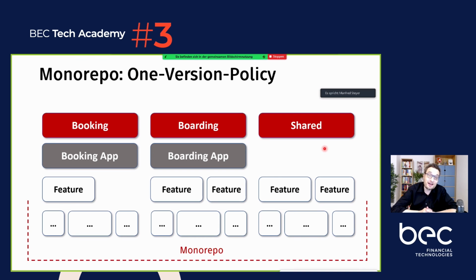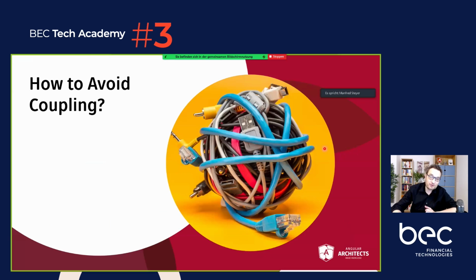However, now we don't have any strict borders anymore. No strict borders between our verticals, between our micro frontends, between our business domains. So how can we prevent that everything is intermingled with each other? Because this is also one of the goals of micro frontends, to separate them from each other, to not depend on each other so that teams can work in an autarkic fashion. Well, the good message is you can prevent this coupling, this cable salad with